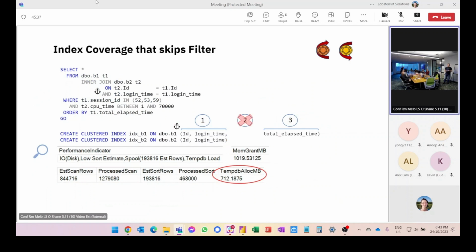So what happens now if we start playing around with the index coverage? In this example, from memory, I'm just focusing on clustered indexes, generally speaking. If we cause a break in the index definition, so we're covering the join, the ID and the login time, and then in the definition we don't bother with the columns referenced in the filter, and we just cover the total elapsed time, which is the sort column, then